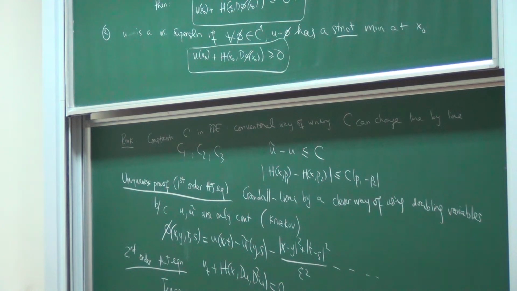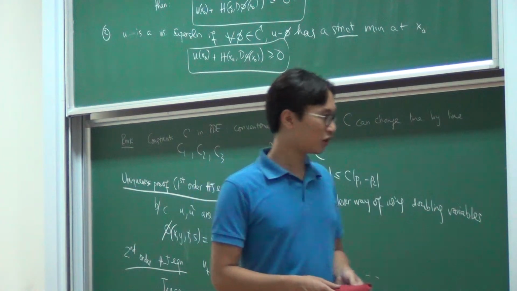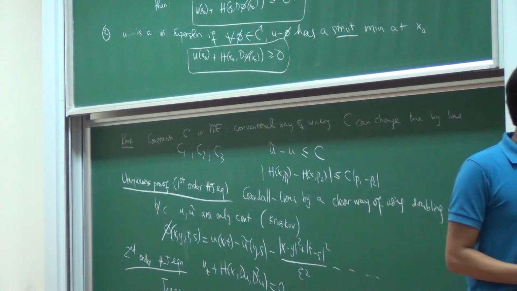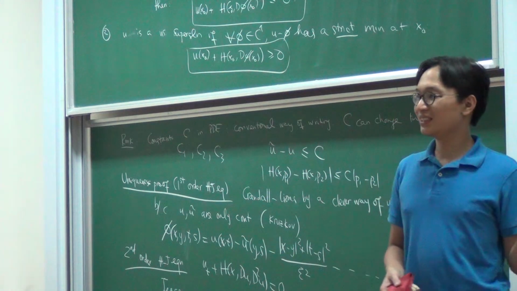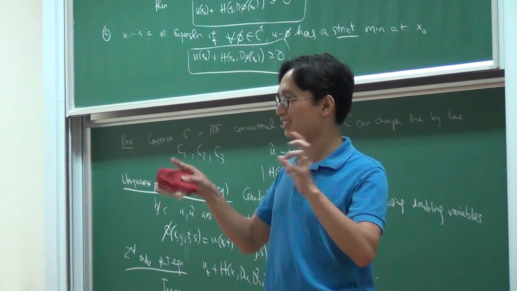And then there's a very famous paper by Crandall, Ishii, Lions, the User's Guide. This is a very weird title. User's Guide to Viscosity Solutions is cited a lot in the literature, as you can see on Google Scholar. I think the reason Google Scholar cites it so much is that it's basically unreadable, but people just cite it because it contains